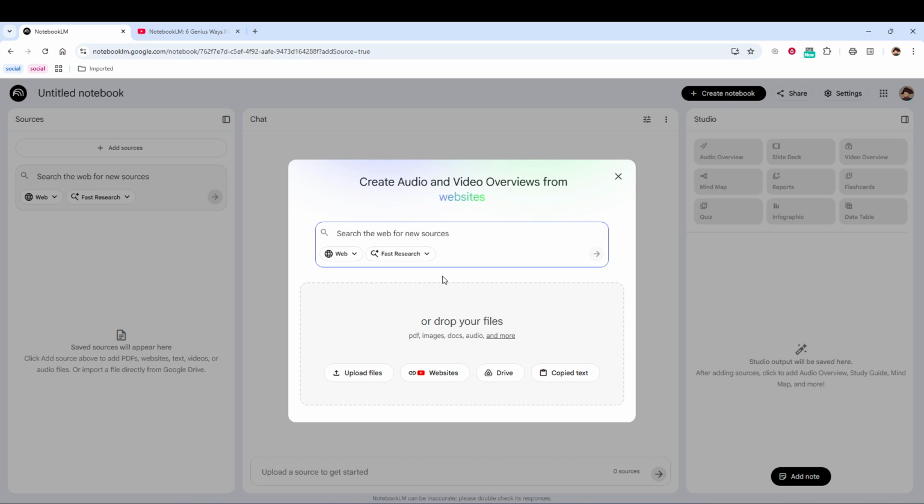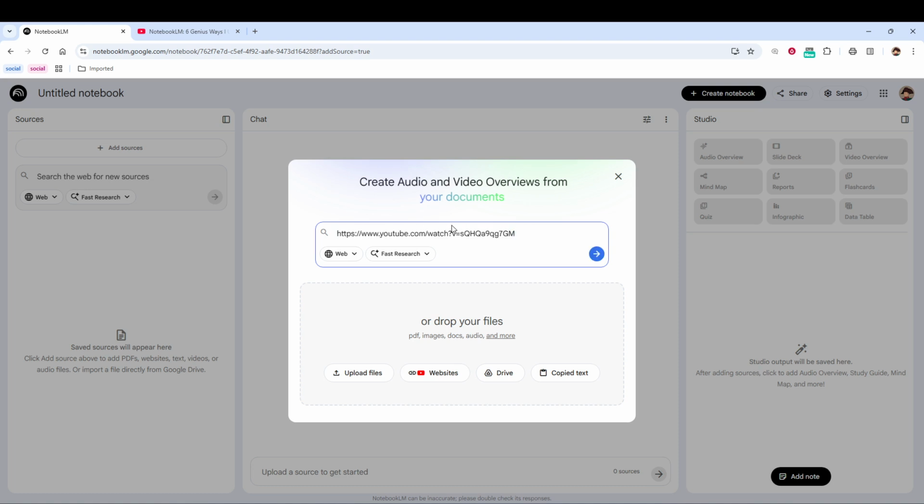Right after you click Create New, a pop-up window will appear asking you to add sources. This is where the learning power comes from, because Notebooklm works best when you give it high-quality material to study with you. In this pop-up, you can add PDFs, paste in URLs to articles or web pages, or attach files